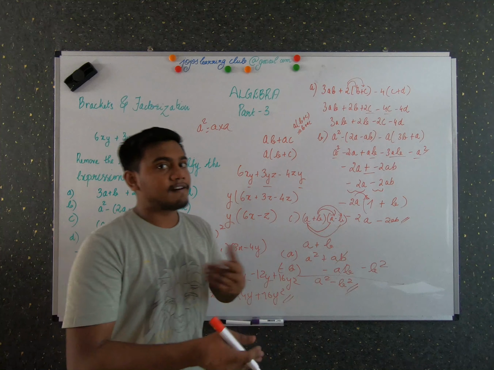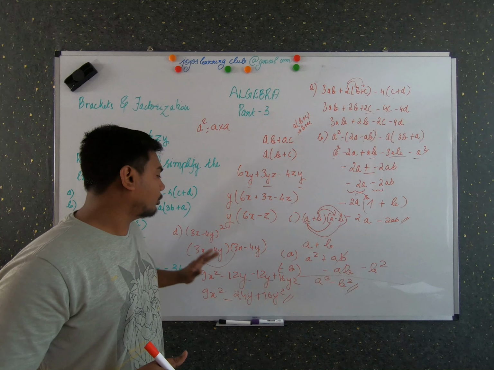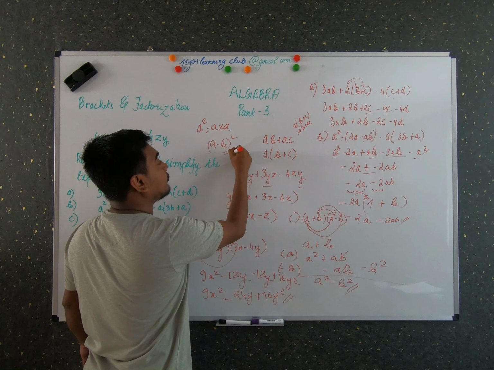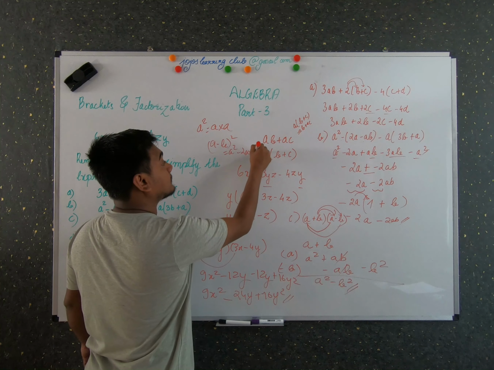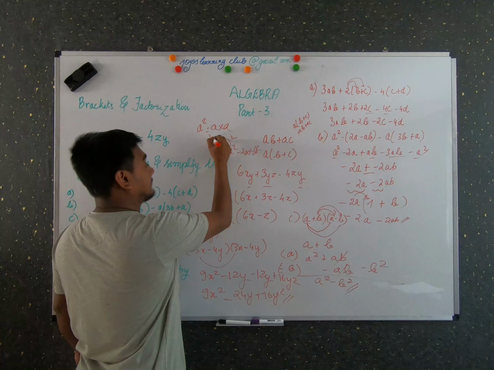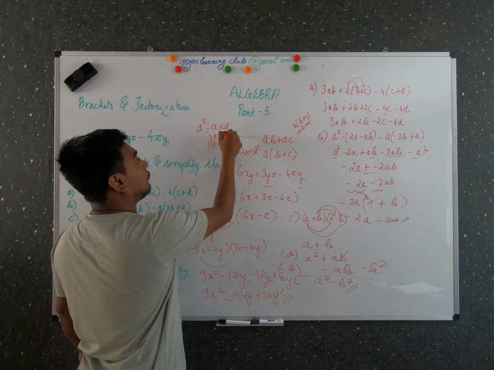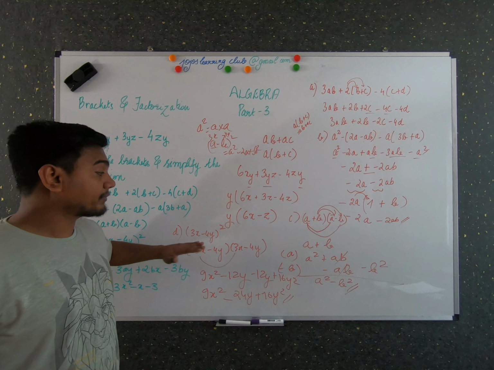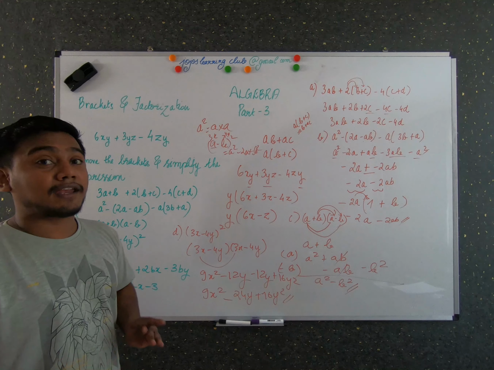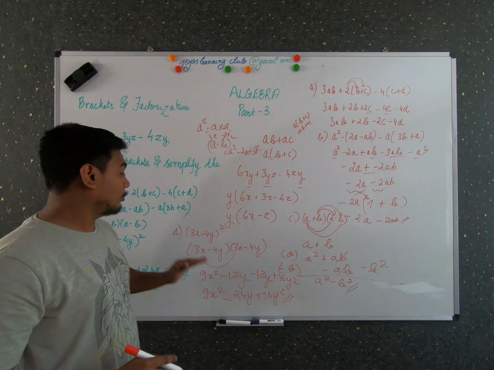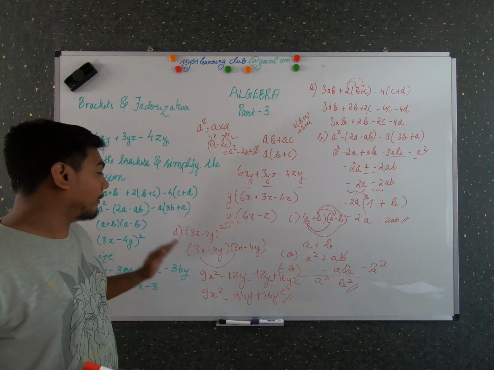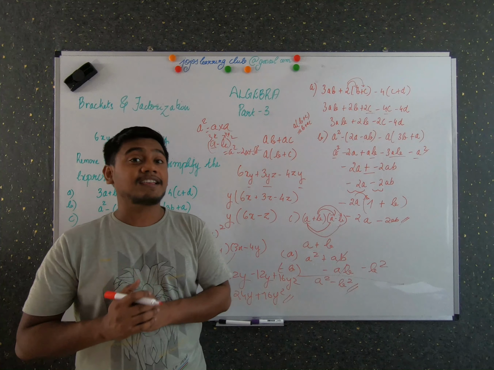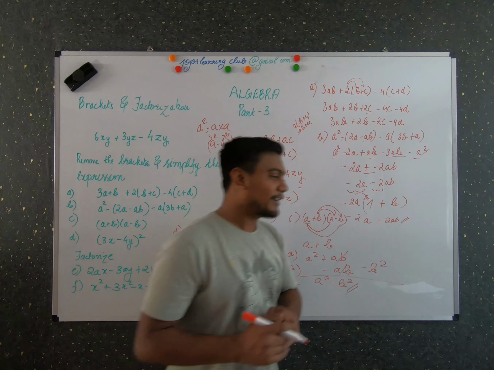When you go further in algebra, you don't have to write it all out. You have the formula for a minus b the whole square, which is a square minus 2ab plus b square. So here a is 3x and b is 4y, which I will be discussing later. For the time being, just try to do it and understand more about algebra. So this was the answer for problem number D. And now we have two more problems where we need to factorize. So let's do it.